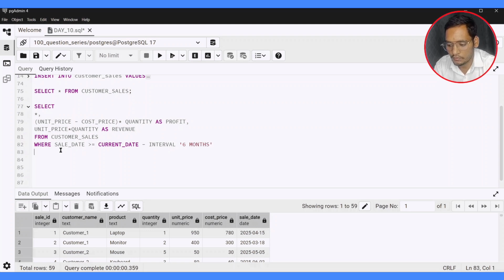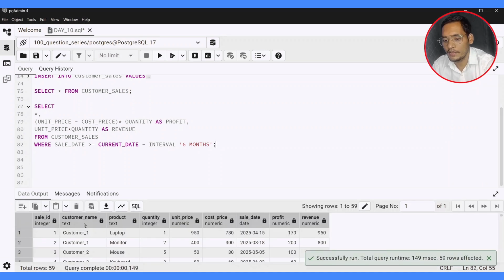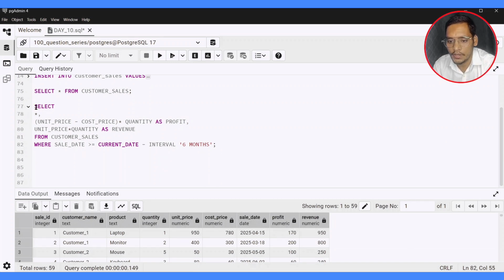So let's run this query first. Yeah, so we get sales ID, customer name, product, quantity, unit price, cost price, sale date, profit and revenue for the last 6 months. So let's convert this into a temporary table using a CTE: WITH recent_sales AS this query. Now we are going to use select, and we have to categorize the customers and give them a segment, so I'm going to take customer name,